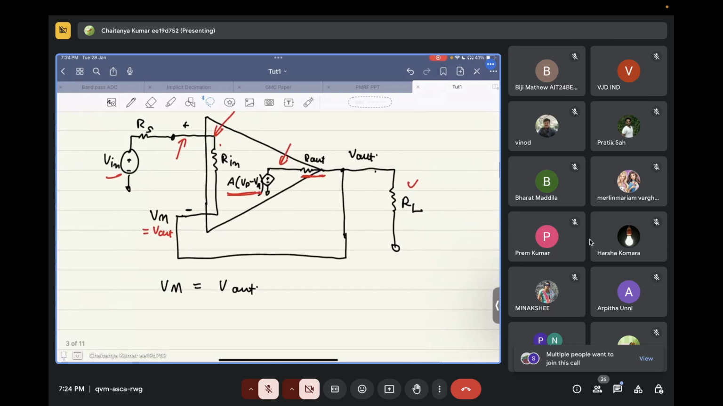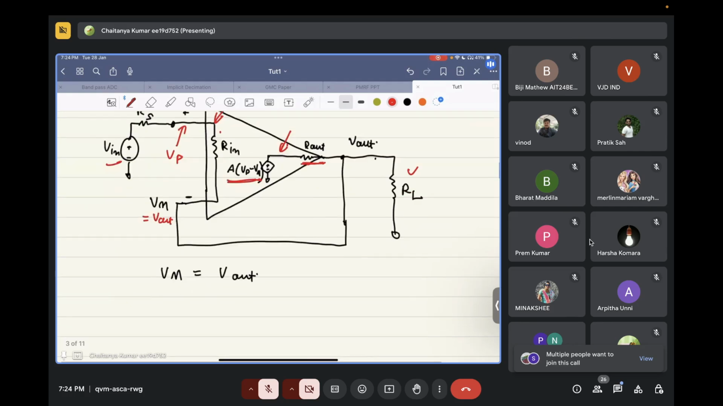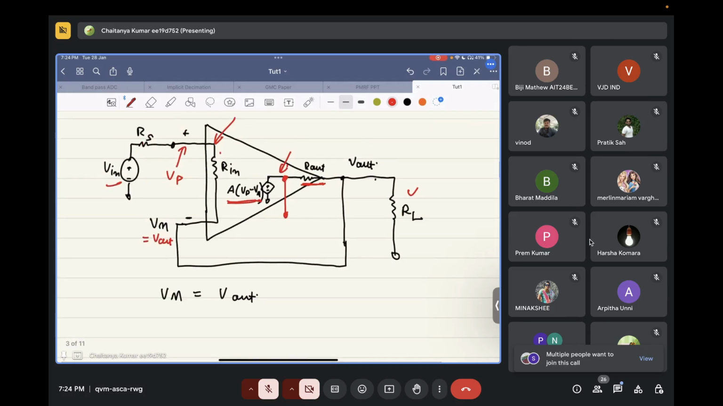Okay, so what we will have over here, let's still call this voltage Vp, and this voltage is V out. So the voltage at this node will simply be Vp minus V out, times A. Now, if this voltage is Vp minus V out times A,